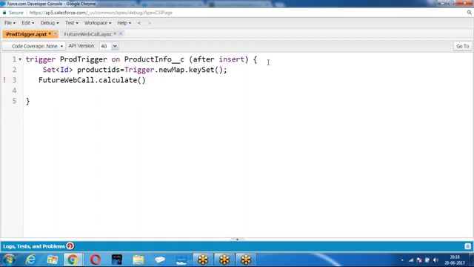That is the reason I am taking after insert. When you take after insert, we get a record ID. So we are passing the IDs of the records which you need to update. Then future method, you run whatever time you want. These are the list of records which you need to update. Are you clear about this? People have followed? Then we are passing. So I am passing here.